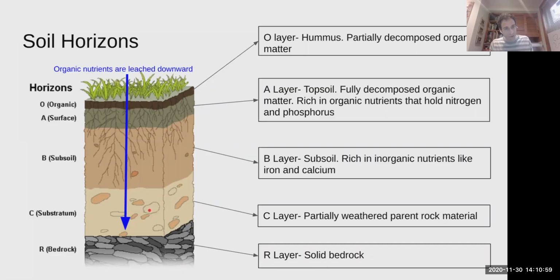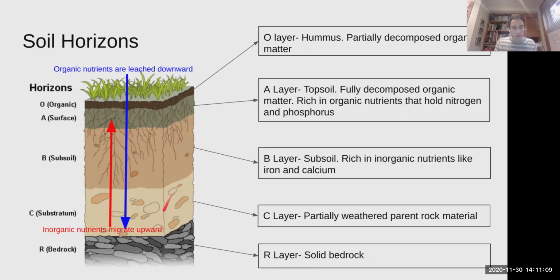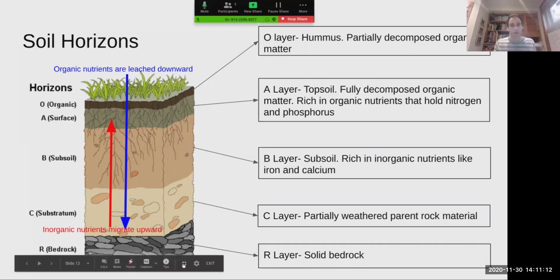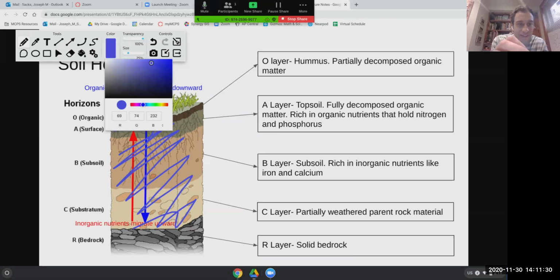The inorganic nutrients from the bedrock material can actually migrate upwards. That's sort of difficult to imagine, but what I'd like you to imagine is that this whole soil column was saturated with water. So I'm going to do a little drawing here. Imagine there was a big rainfall and this all got totally saturated with water, soaked. Well, down here at the bottom, in the C layer, in the B layer, wherever, down low, we have